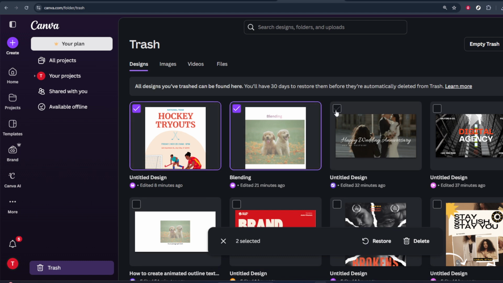After you click Trash, Canva will show you all the items you've deleted. This can include designs, images, and other files you no longer wanted. Take a quick moment to scan through this list. If there's anything you deleted by mistake and still need, this is your last chance to restore it instead of